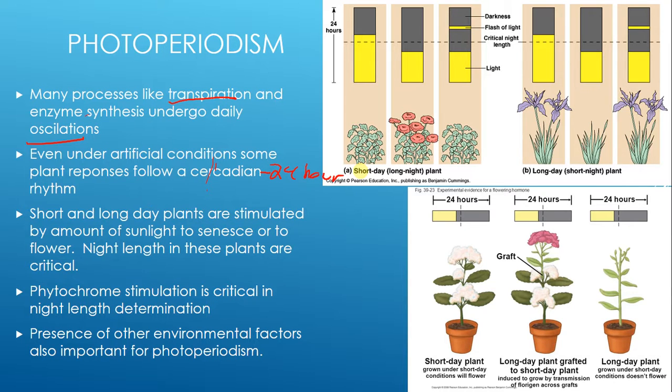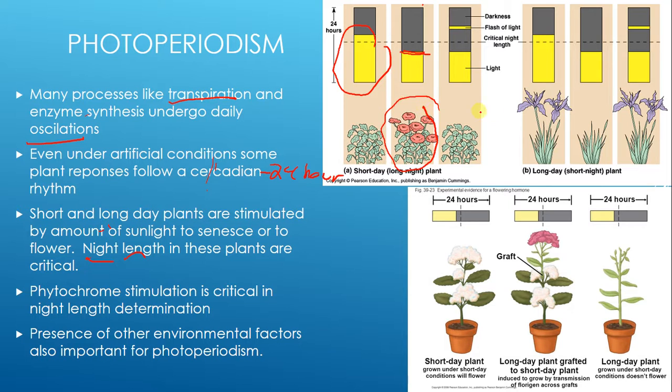One example of photoperiodism is short and long night or day plants. Night length is crucial in telling these plants when to sprout and to grow. So for example, in a short day, long night plant, the amount of darkness that a plant gets is crucial. If the darkness is not enough, too much daylight, it won't bloom. If it has a lesser amount of daylight, the critical night length, these long night or short day plants will